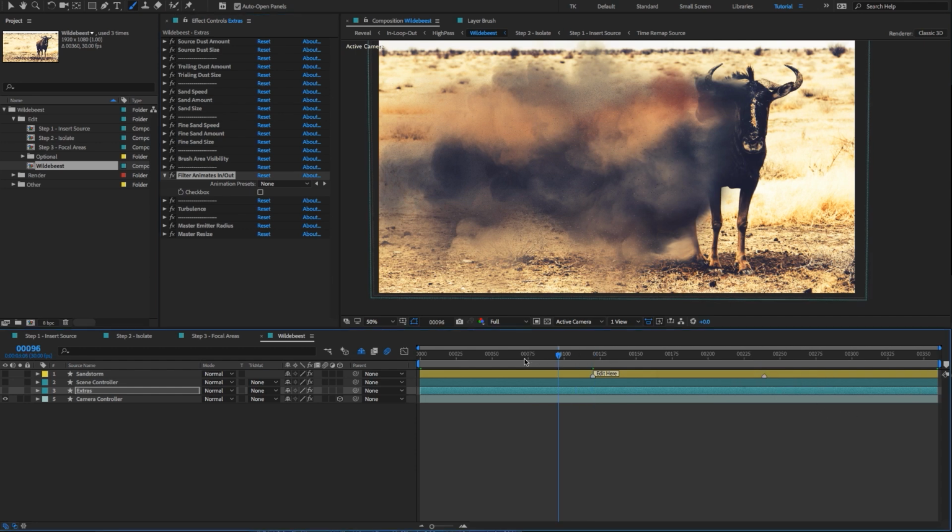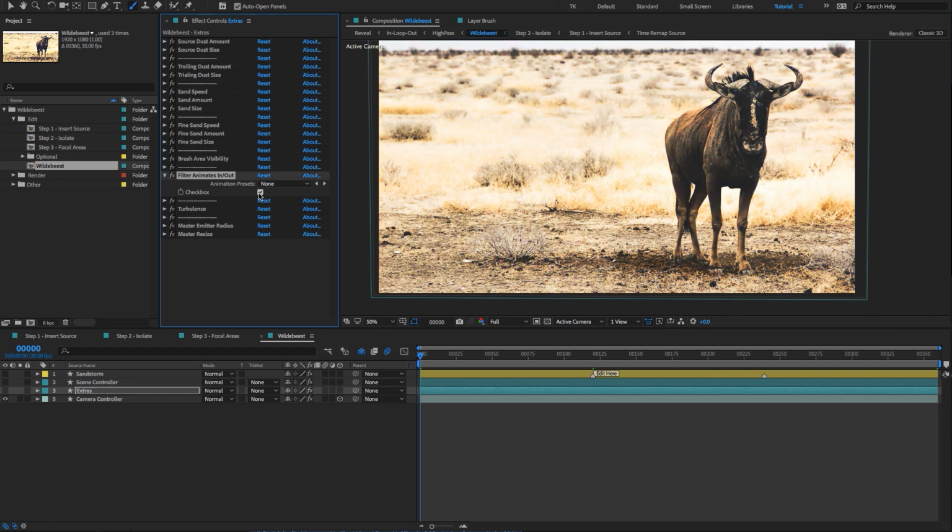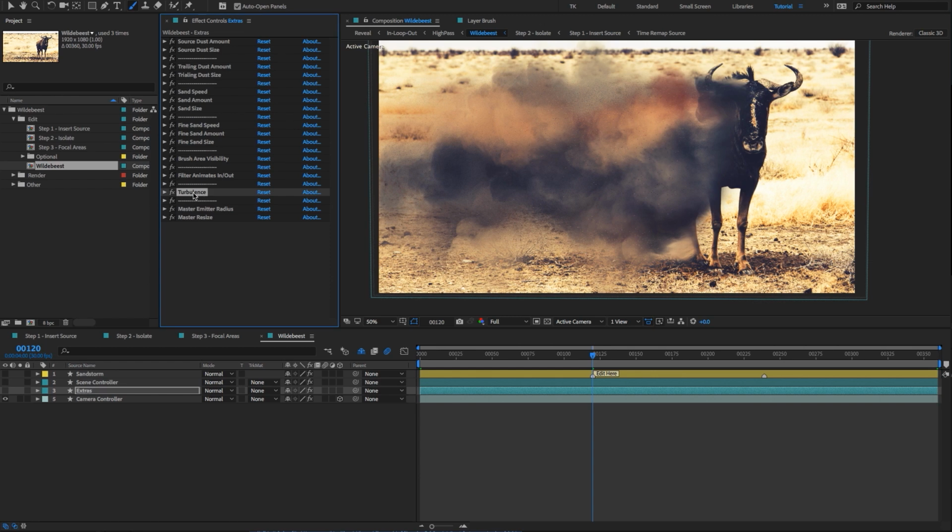And within here, we can see that if we go back to frame 0, the effect is gone, but the filter is still on. So if you want the effect to start and end with the filter gradually turning on, you can do that with this setting. This next parameter, turbulence, twirl this down, it's set to 20, and that's a really good setting